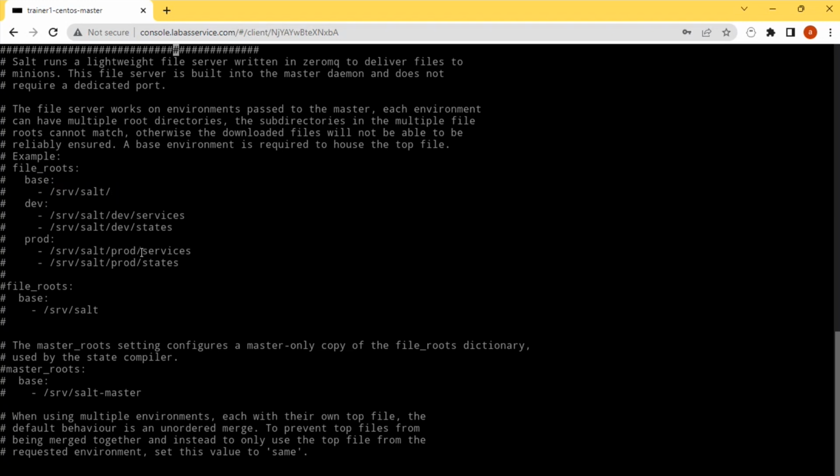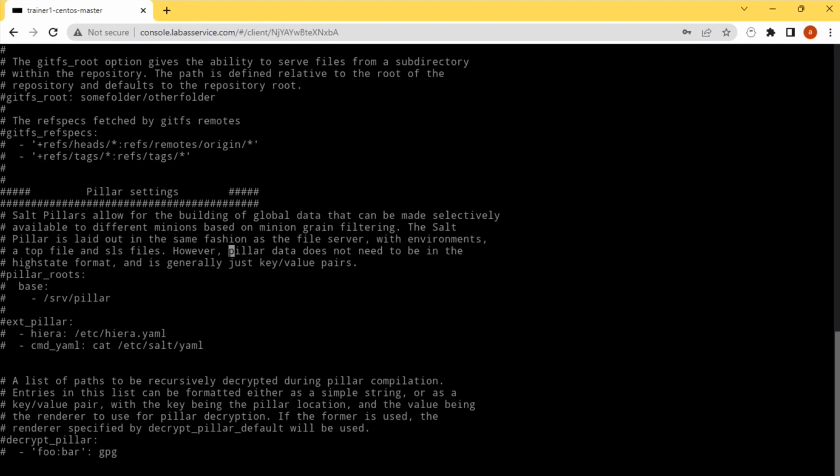Like this, we also have an option called pillar. So the pillar is also expected to be available under the /srv/pillar directory. We will use them whenever it is needed. So first let me start with writing the state file. For that, it is expecting the file to be available in the